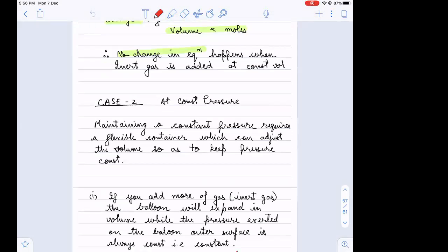Case 2 is at constant pressure. Okay. Now, we have to understand one thing, something about constant pressure. Niranjan, can you read the lines which are written underneath case 2 at constant pressure, starting from here, maintaining? Maintaining a constant pressure requires a flexible container which can adjust the volume so as to keep pressure constant. If you add more of a gas,